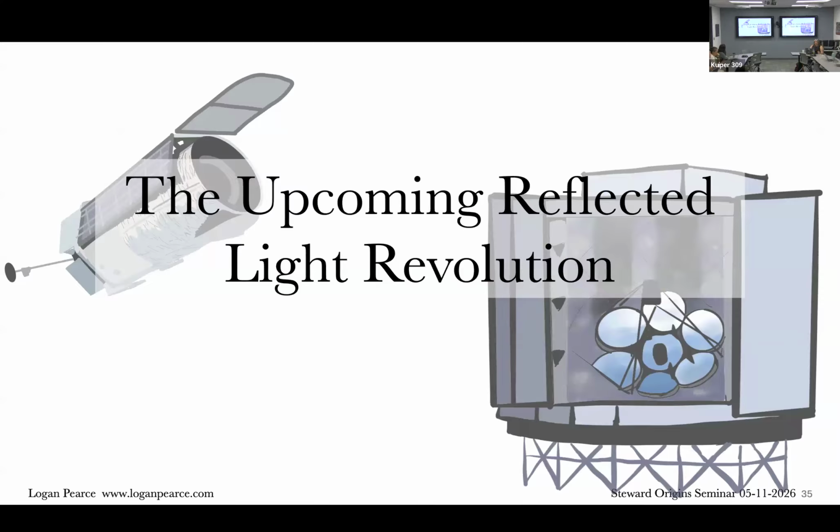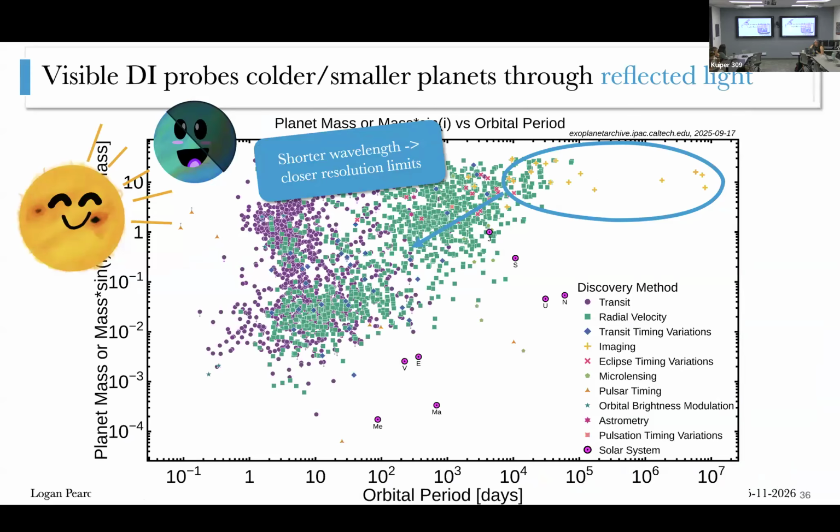And so this has not been done. There have been no directly imaged planets with reflected light. But upcoming technology is going to enable this for the first time. And if we can probe in the visible through reflected light, we can start to push into this regime in here where we know there are planets already that we can go after with reflected